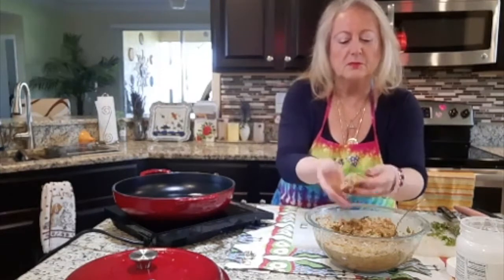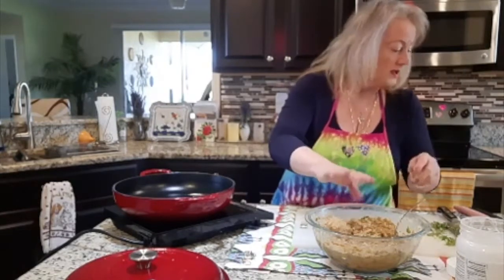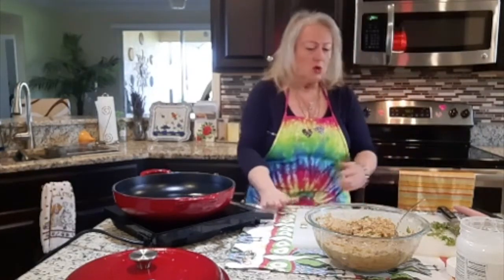Look at these beautiful meatballs. Oh, it's almost like a ricotta meatball without the ricotta. Okay, so now let's just say that you